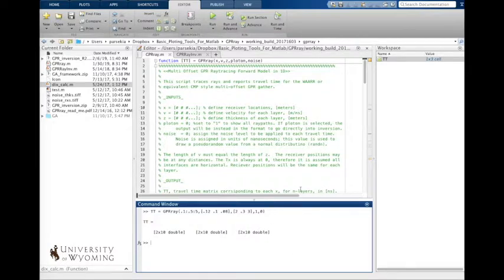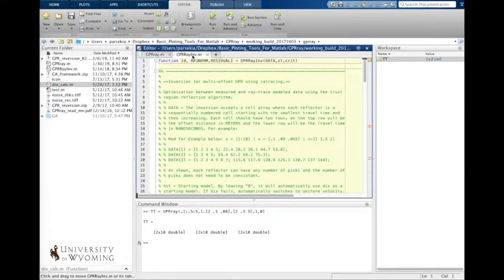Once you have some simulated data, the next useful thing to do would be to invert that simulated data. For most people, the objective ultimately will be to invert some field data, but it's of course great to practice with inverting the simulated data. So here we can go over to the GPRray inv component,